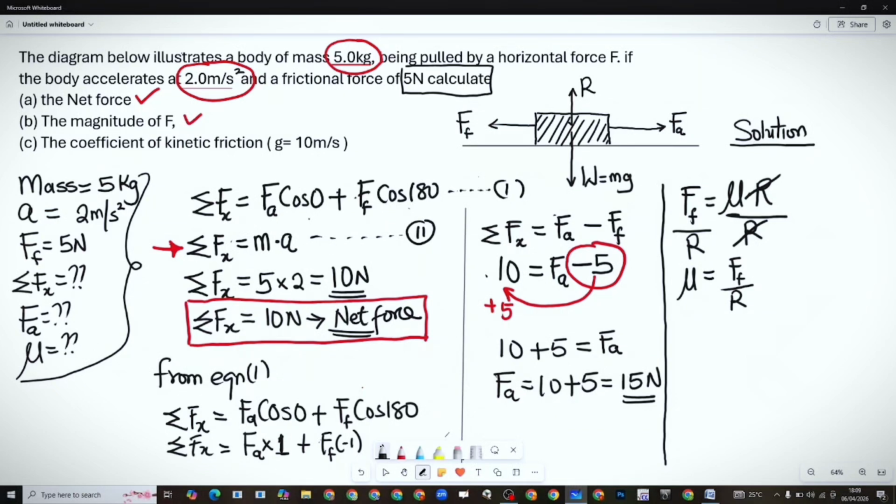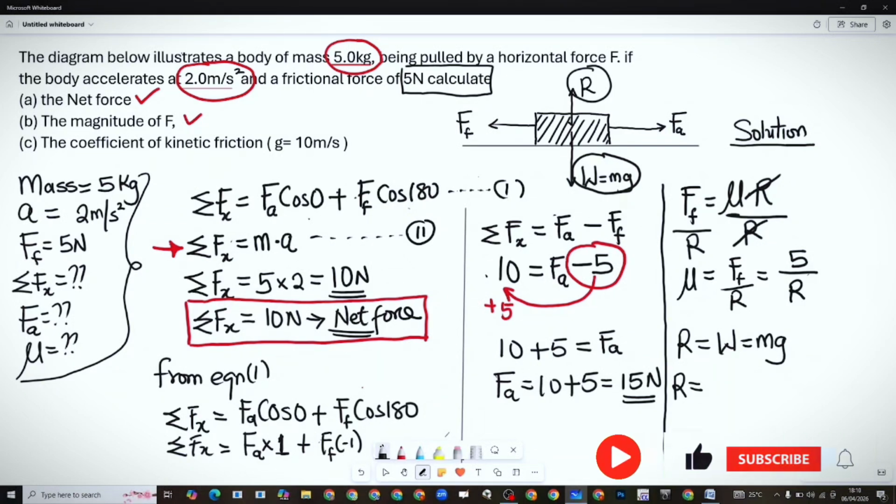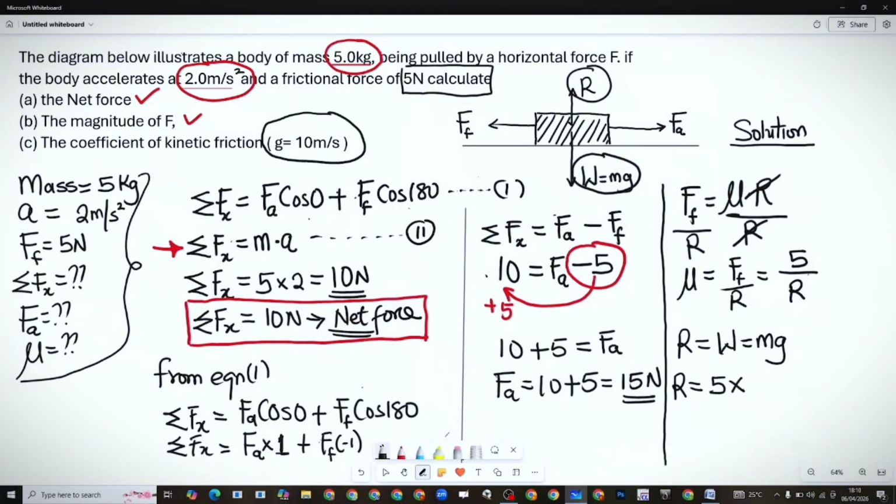Are we good? We don't know what R is, but our frictional force is 5. It's very easy. From here, because this is our upward force, R is also equal to W, which is equal to mg. So we can say R is the same thing as W, which is equal to mass times gravity. What's the mass? Our mass was given as 5 kilograms, and our acceleration due to gravity was given as 10 meters per second squared. Look at it here, I just circled it. There's a square here. Sorry. So times 10, which gives us